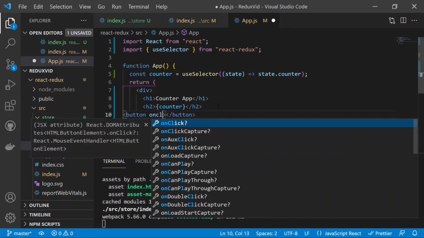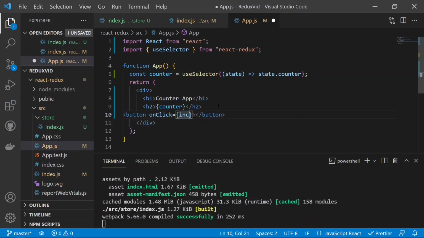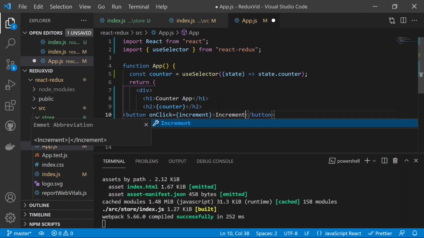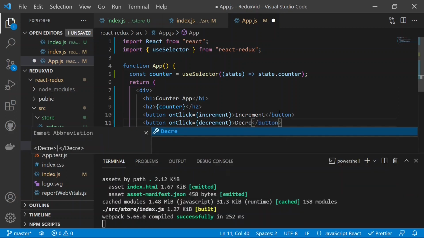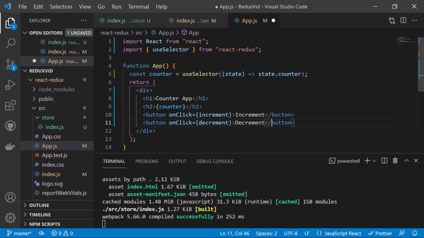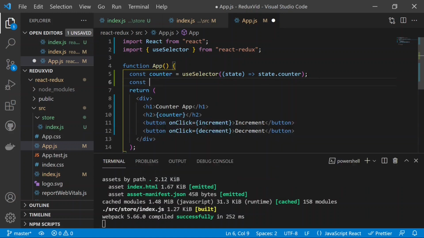Button, the onClick will be equal to the increment, and then the button will be the increment, and then there will be another one which will have the onClick as the decrement. So now this will have the text of the decrement, and then we need to create the functions also, with the const increment